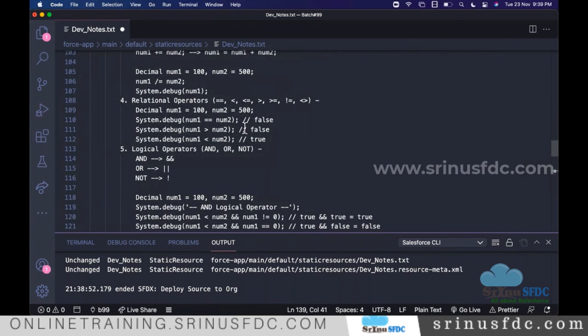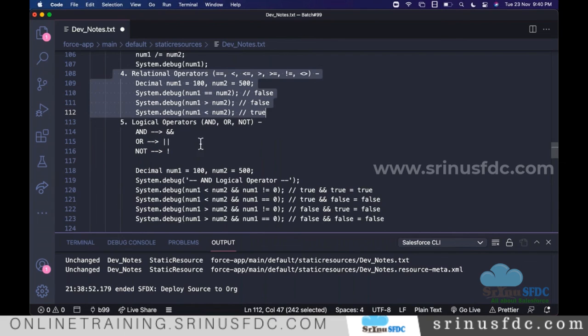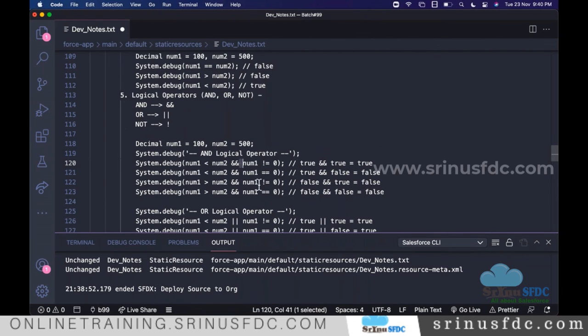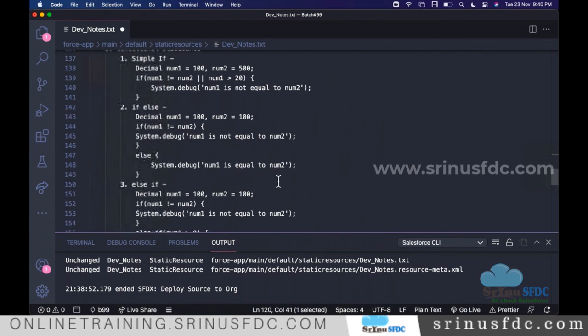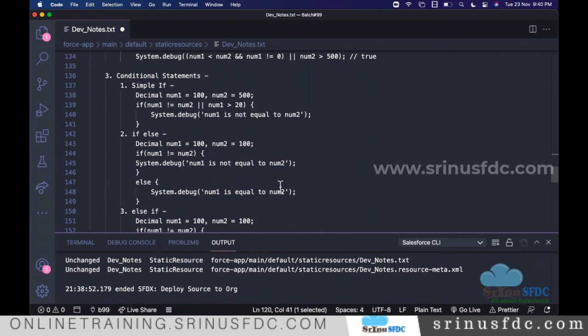We use the relational operators in the conditions and combine them with logical operators for the if. If you understand all these things step by step, we can easily do all of it.